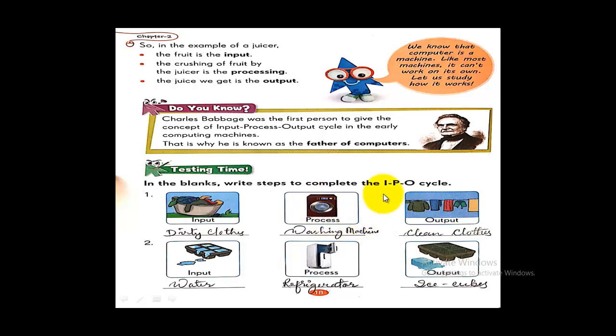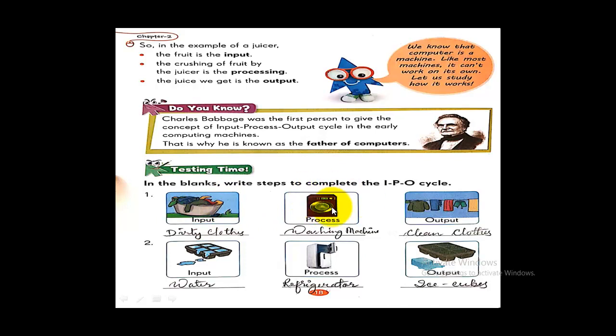After putting them into the washing machine, we turn on the switch. This washing machine works on electricity, so we turn on the switch. Then it starts processing. The dirty clothes start washing here, and after that you will